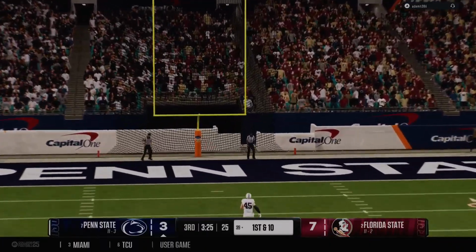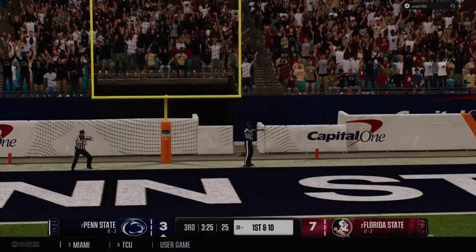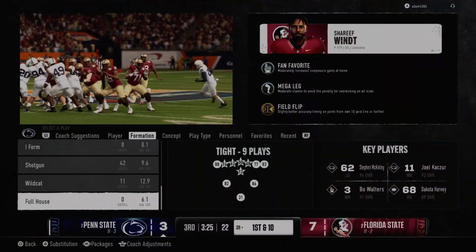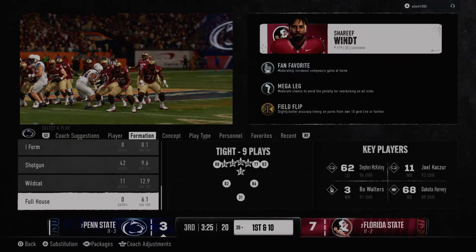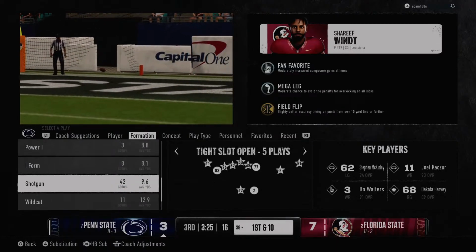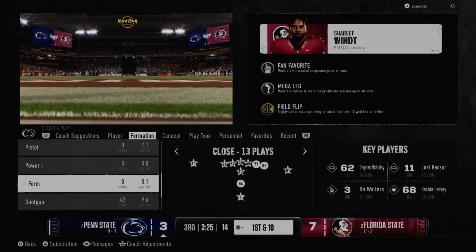Field goal try, no good. Lead remains at 4 after the miss. Boy, this guy's usually more reliable than this. I thought that was going to be an easy field goal and 3 points, but instead, he misses, so you walk away with nothing.